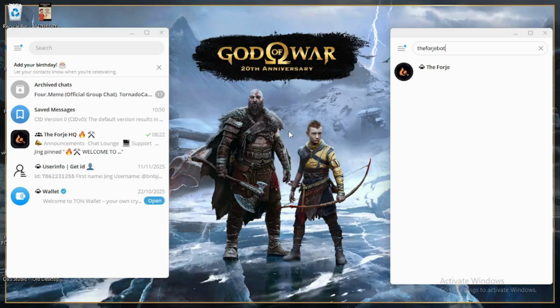I want to test the ForjeGig bot with you guys. It is just a product of the Forje project alongside the Forge pad, which is the very first Telegram native launchpad. So the ForjeGig is also the very first Telegram native gig payment escrow. So what it does basically is